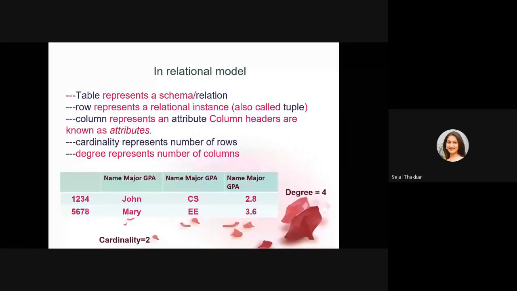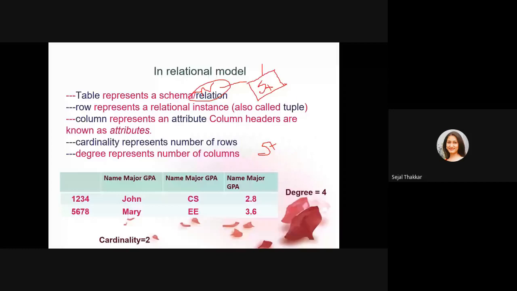Hierarchical model. We have gone through it, and a row represents a relational instance called a tuple, and a column represents an attribute. Column headers are known as attributes. For example, when we were drawing the ER diagram, suppose I'm taking an entity, and this entity is, I can say, student, right? So this student will become my table name here in the relational model. And if I'm taking an attribute of this entity student, there is an address attribute of student,